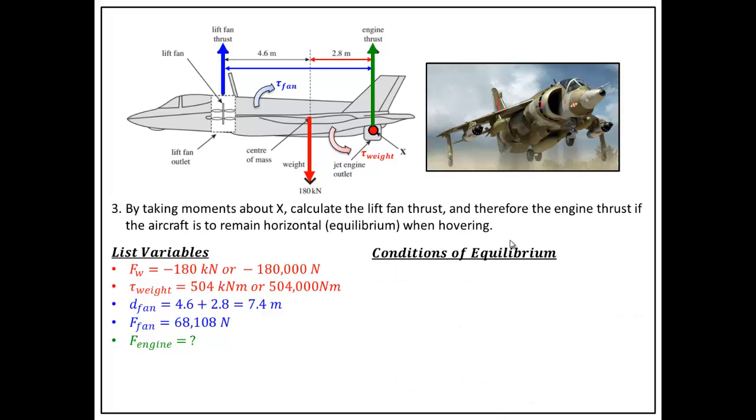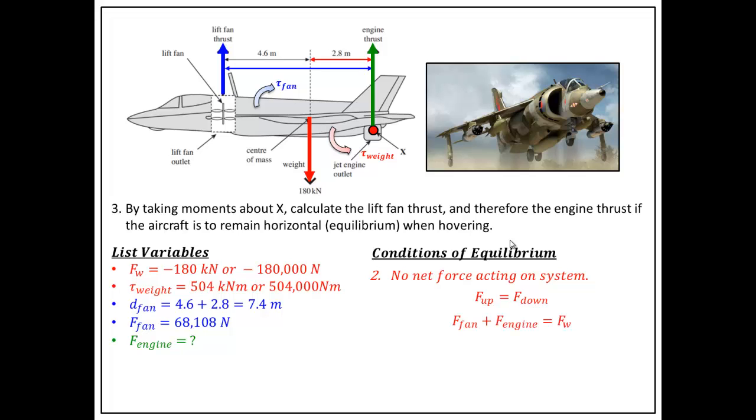Okay, so the last part is to calculate the upward force of the plane's engine that is required to maintain equilibrium. Another condition of equilibrium is that there is no resultant force acting on the system. If there was, then the plane would be accelerating in the same direction as that resultant force. In this case, we total up all the upward forces and add them to the total downwards forces. There is only one downward force, the weight of the plane, which is 180,000 newtons, and we also know the upward force from the lift fan, which is